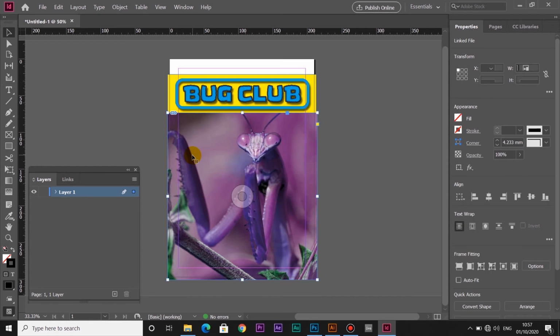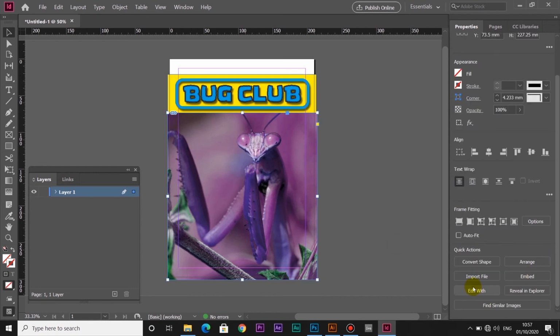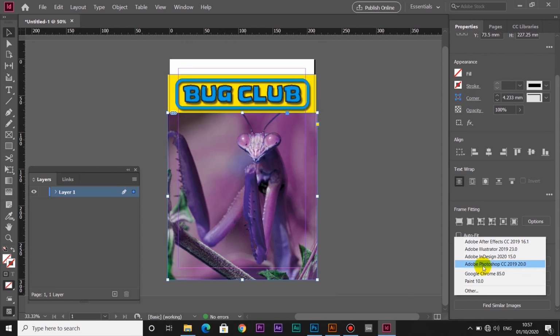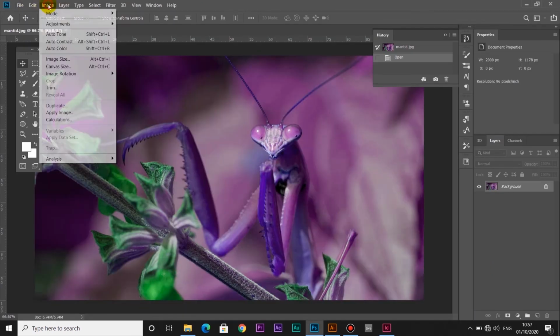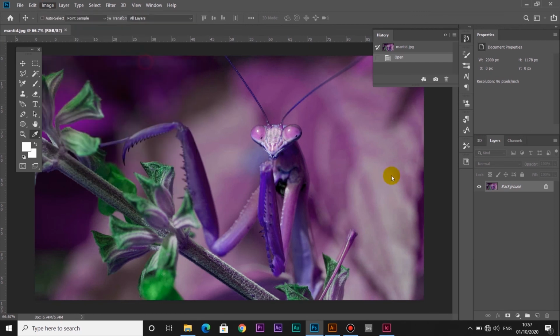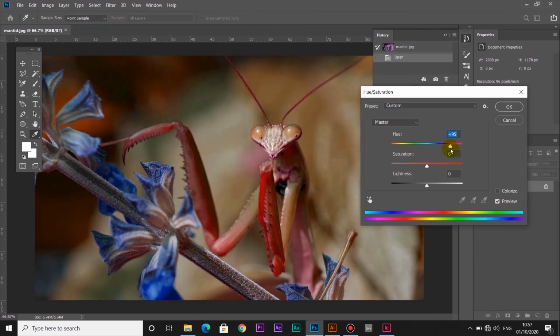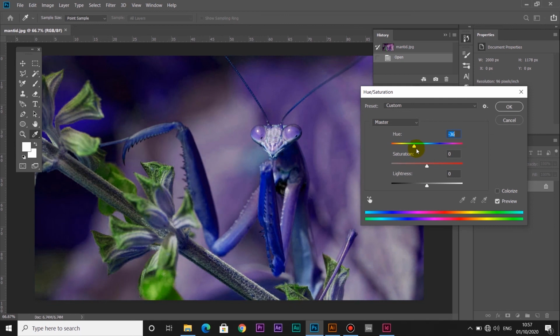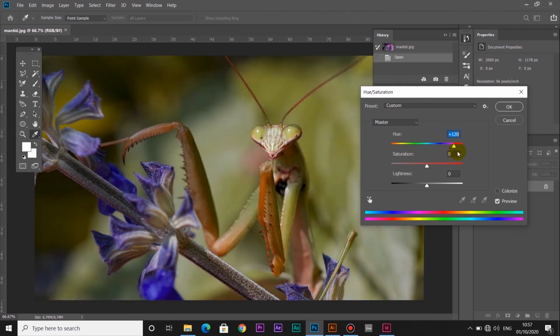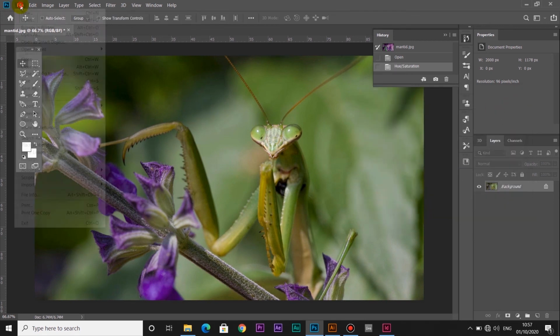So you can have like two things open. And so hopefully I can undo that. So I'm going to edit that and then go to Photoshop. It's already open. And go to image, adjustments, hue, saturation, and then let's change that back. There we go. So you can do some editing in here. And what I've done previously